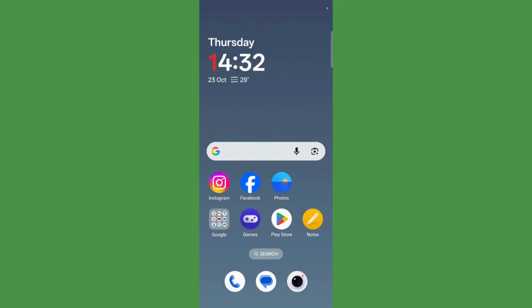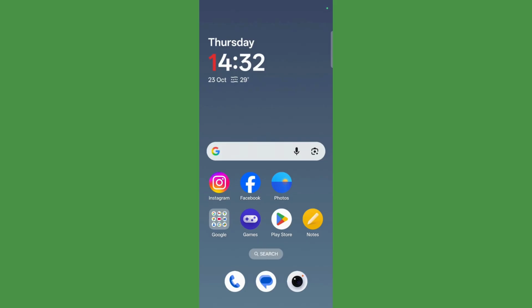How to set any music or sound as your ringtone in Android device. So hey guys, welcome to this tutorial. In this tutorial I'll be guiding you through the steps on how you can set any music as your default caller tune or ringtone. So in order to start, the first thing that you will need to do is simply